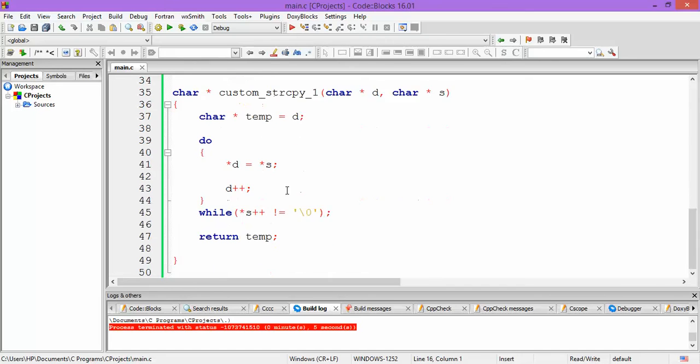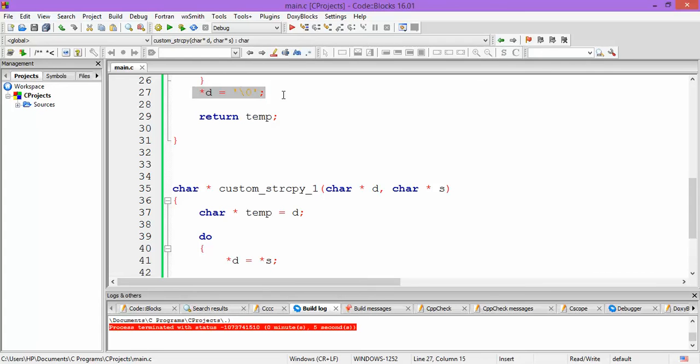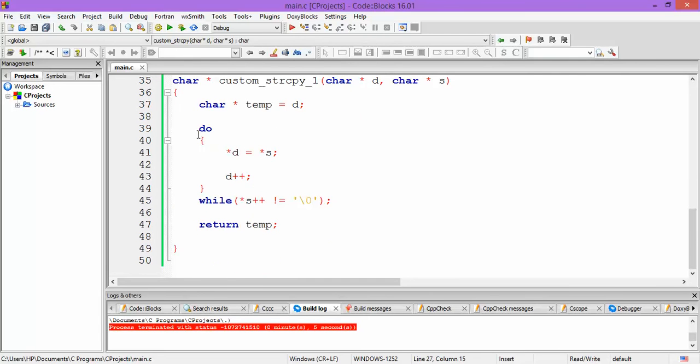So what all changes did we do? We did 2 or 3 changes. One is that we removed this statement, so this extra bit of logic is removed, and then we used a do while loop where the condition is checked at the end, and also we have moved this s plus plus, that increment of the s pointer, to here.